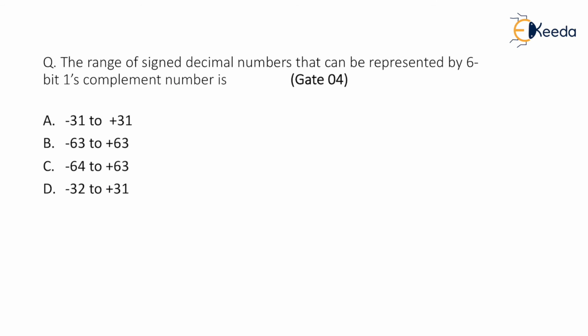First question is now appeared on the screen. The range of signed decimal numbers that can be represented by a 6-bit ones complement number is, and some ranges are given. So we know that whether we go for ones complement or twos complement or signed magnitude representation, every number system has a range in which it can represent the number, and again it is a function of what size of number that we are trying to represent. That is, let's say if the size of the number is n bit,